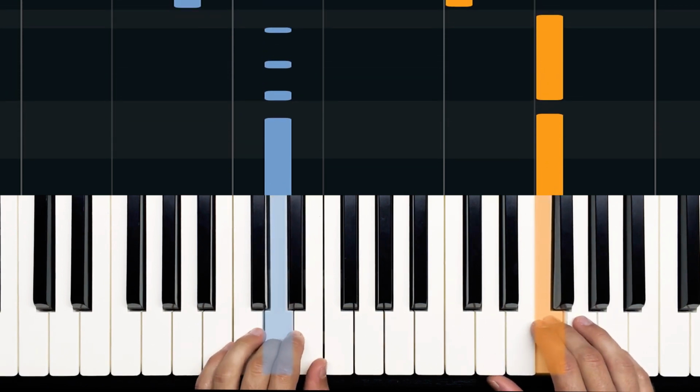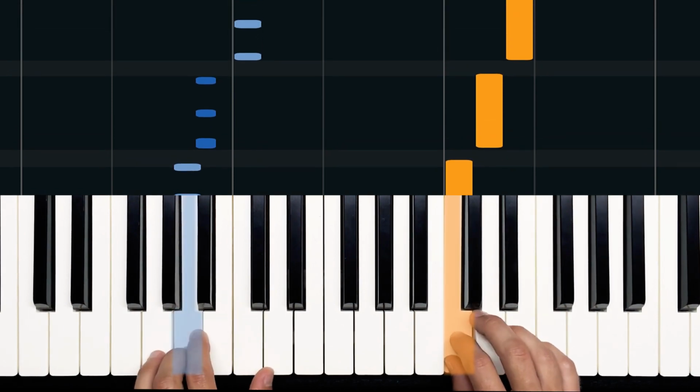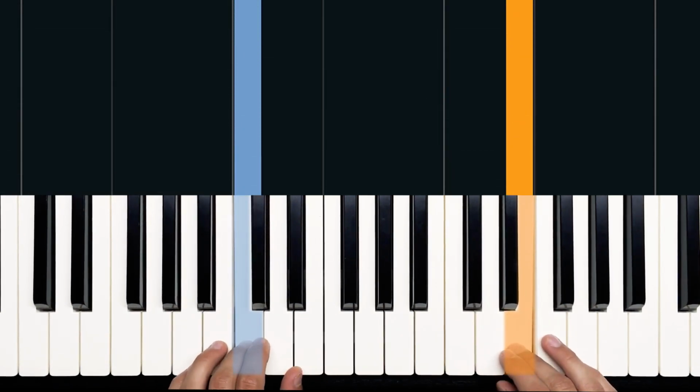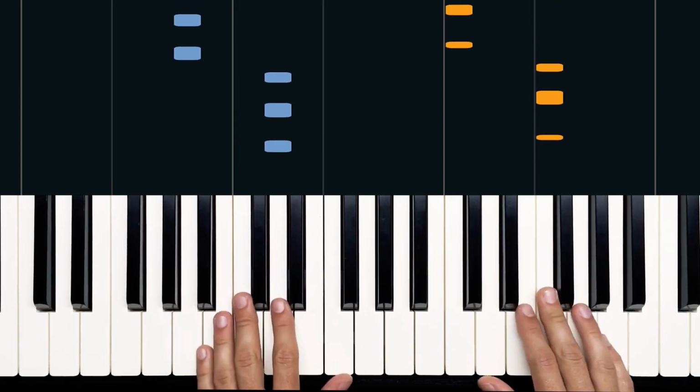All right. So if we get that going in our left hand, we could just hold the right hand for a second. All right, so that's a good place to start if that rhythm alone is a little challenging. But if you're ready to move on,